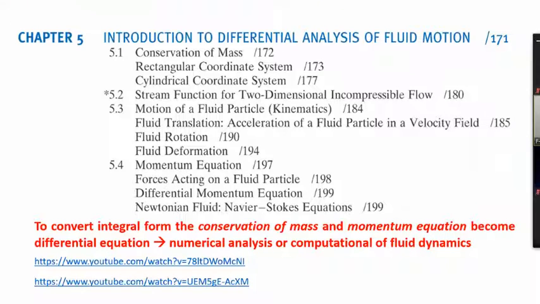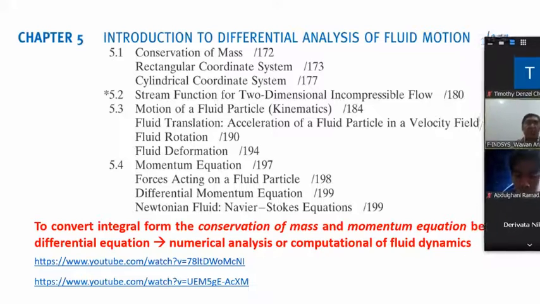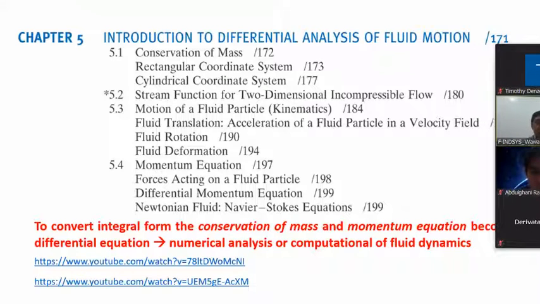To set up the Reynolds transportation equation, we have five equations actually. First, the conservation of mass equation, and the second, the linear momentum equation. This is an application of Newton's second law. Third is the angular momentum equation, and fourth we talk about the energy equation, or the first law of thermodynamics, and the fifth is the second law of thermodynamics.